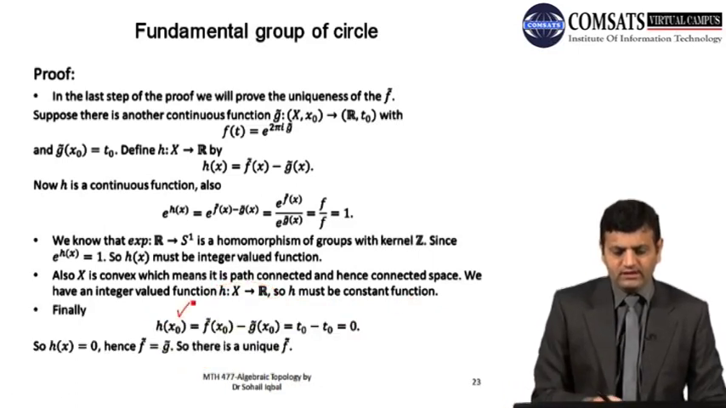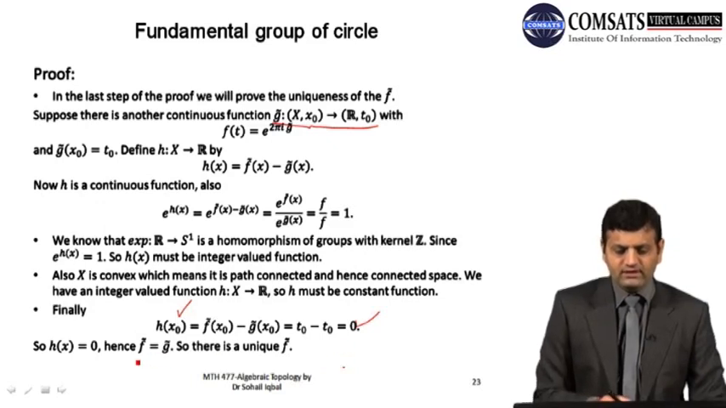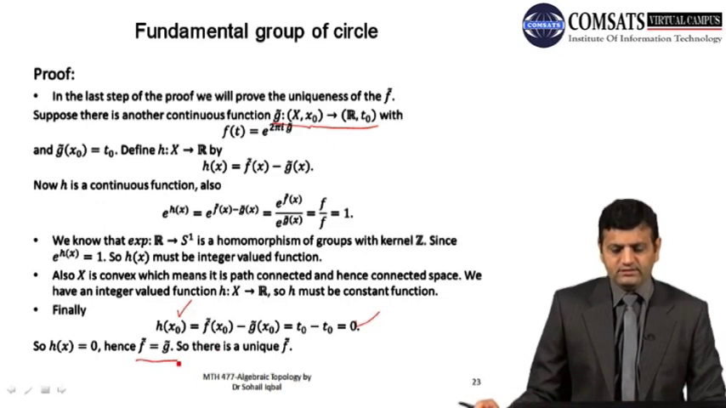Now we also know what h(x0) is. This is equal to f tilde of x0 minus g tilde of x0, and both of these values are going to be t0. Why is that the case? Because we are taking f tilde and g tilde to be continuous functions between these two pointed topological spaces. So g tilde of x0 must be equal to t0, and h(x0) is equal to 0. A constant function whose value at one point is 0 must of course be 0. Hence we can say that f tilde is equal to g tilde,